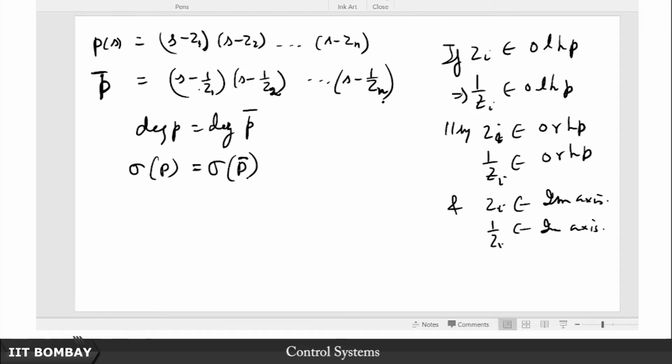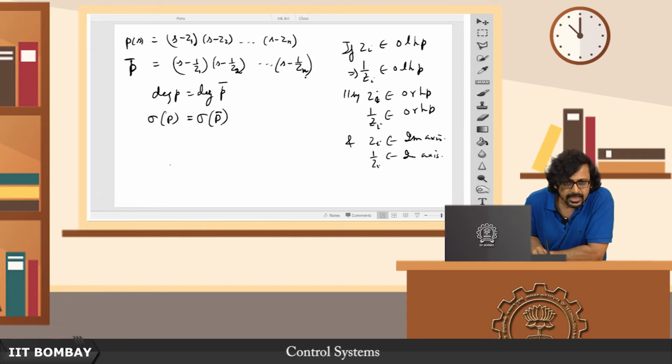Now what is so special about this p bar? If you give it a moment's thought, you will see that the coefficients of p and p bar are just the reverse of one another. So it is just a reverse polynomial. How so? In the following manner. You pick out s to the n from here,